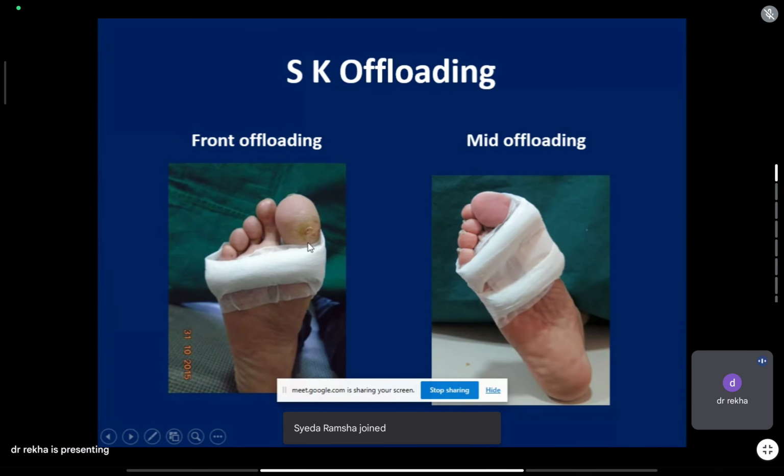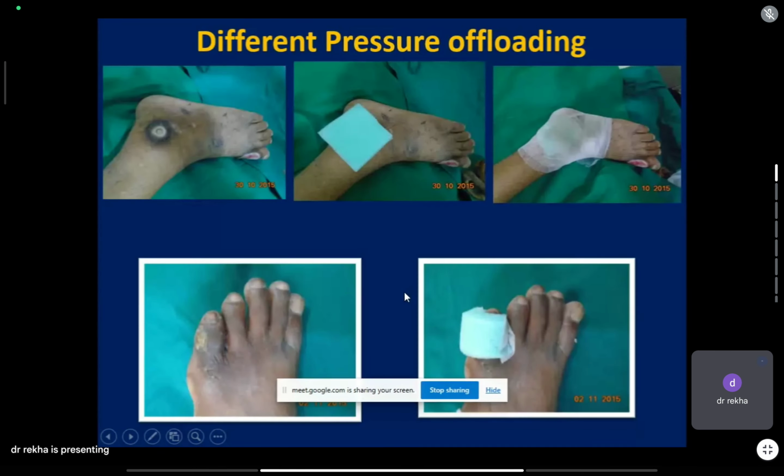If the ulcer is in the great toe, we can give only one. If in the first metatarsal head, we can give two offload. These are the pressure areas. Generally, in some cases,